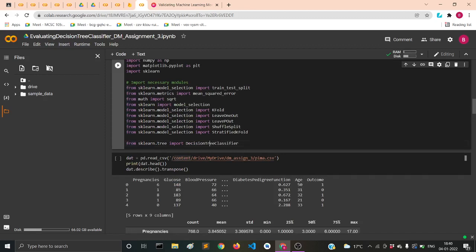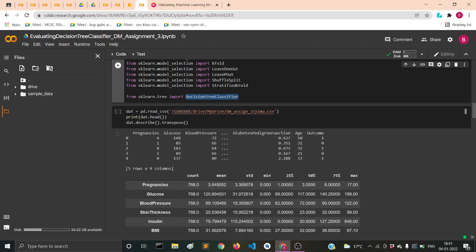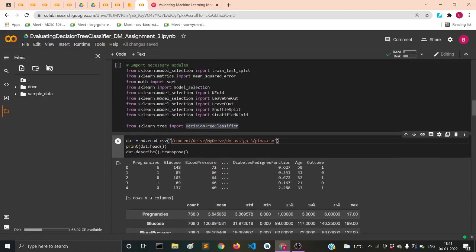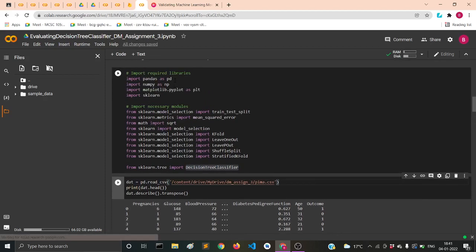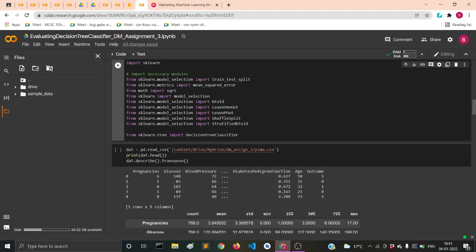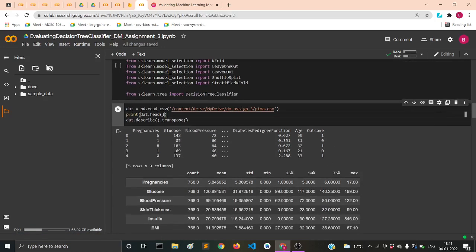So how do we import it? The decision tree classifier is inside the sklearn.tree module, and we can import it like this: from sklearn.tree import DecisionTreeClassifier. The rest of the import statements will be the same as mentioned in the blog post. Then we read our file with pandas.read_csv, and as you might have noticed, I've already imported pandas as pd. Then we have a look at how our dataset looks. We can use the head function to print the first 5 records, and the tail function to print the last 5 records of our dataset.